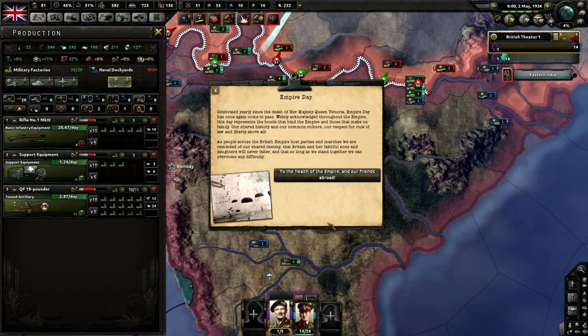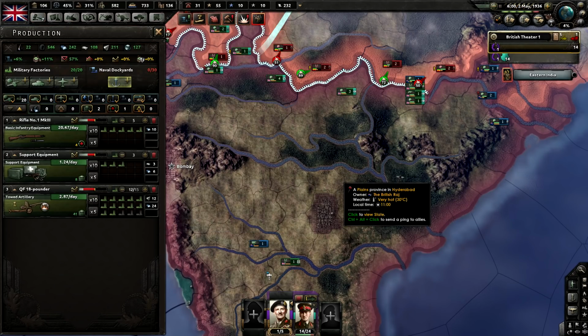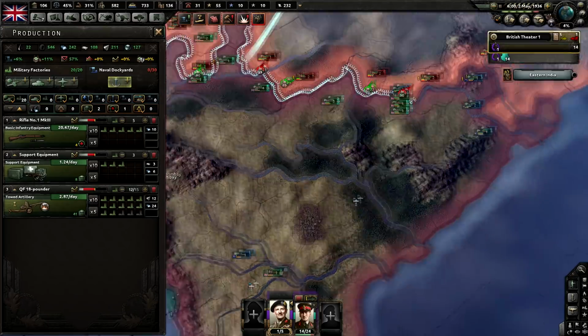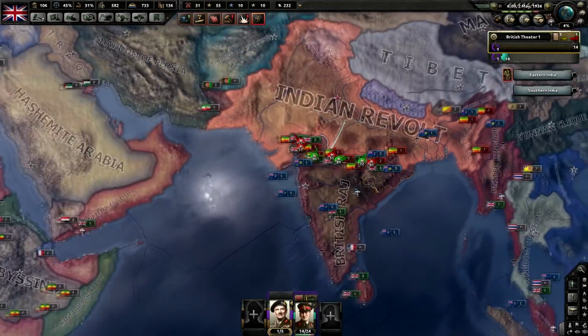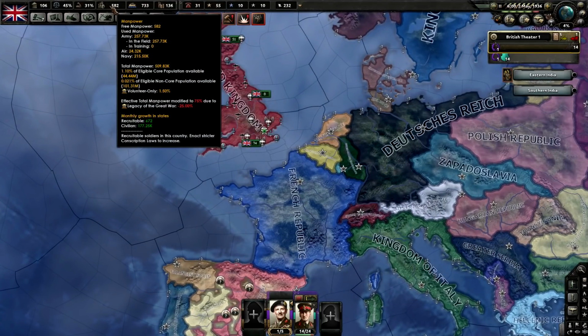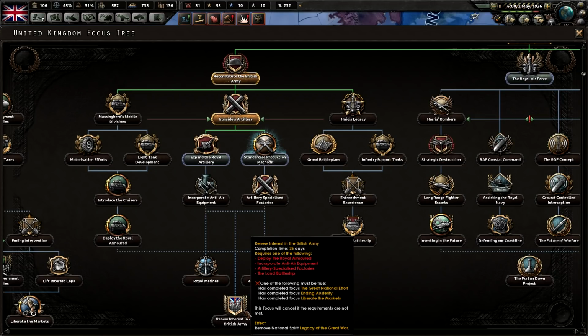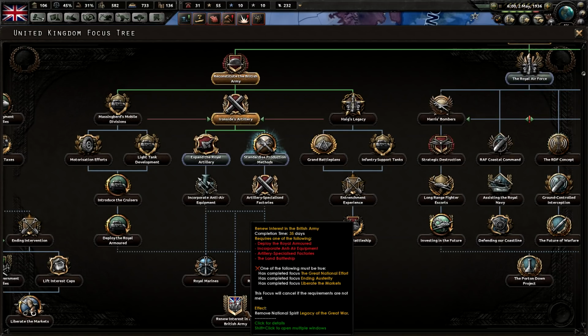Empire Day. Celebrated yearly since the death of Victoria, Empire Day has once again come to pass. Ooh. March and being awesome because we're awesome. Yeah, that's what we are. We're awesome. That's going to be it for the first episode of this Führerreich series as the United Kingdom. We're trying to stabilize our country and do okay. Once we've got this, we grab that and then grab this beautiful thing to try and deal...